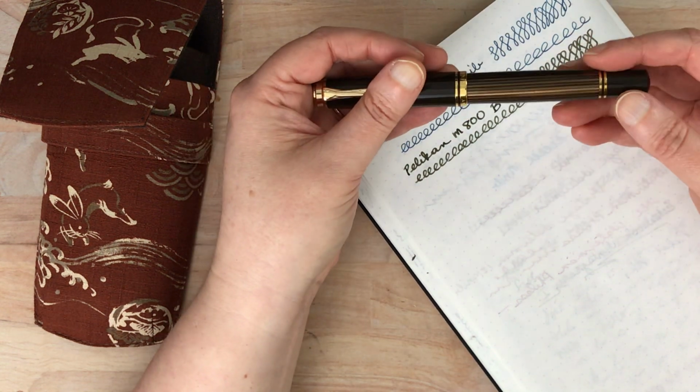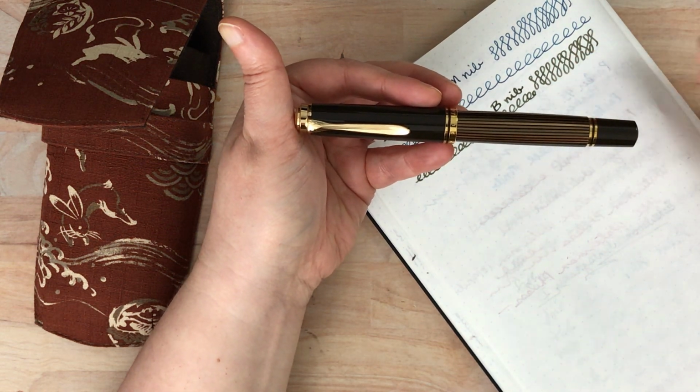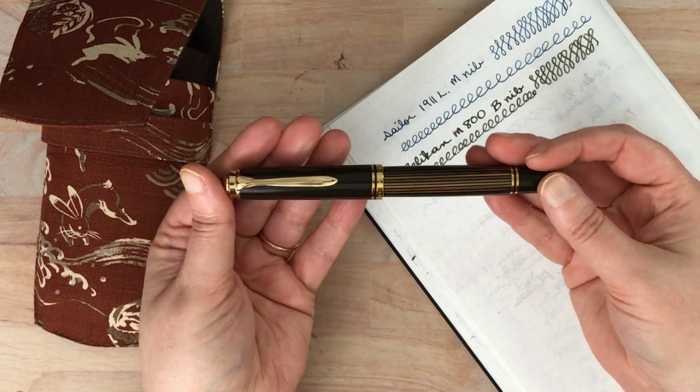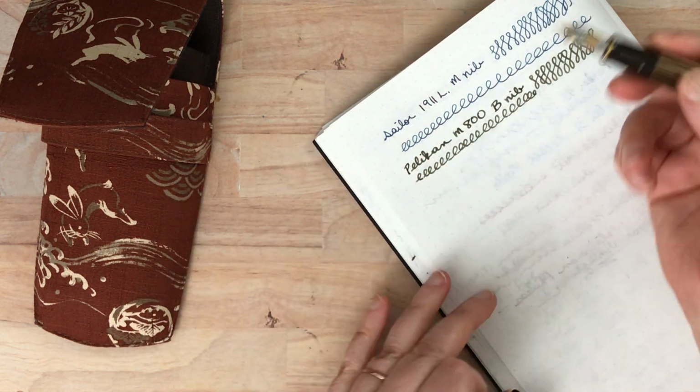But it's true. I don't know what it is. When I was first trying out fountain pens, I tried out some larger pens, and they kind of felt like a big giant crayon in my hand. But this, when I hold this, I don't feel like it's a big giant crayon. I feel like it feels like a quality writing instrument. That paired with the